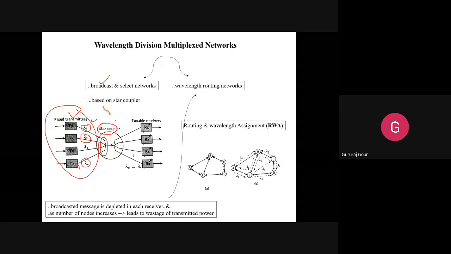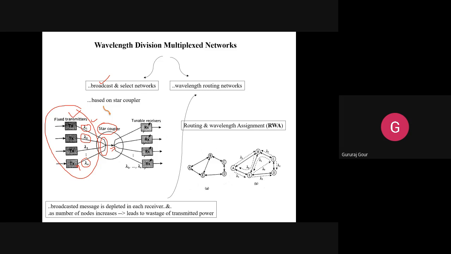So this star coupler functions similar to the multiplexer here. It will be sent as a single signal, then it will be decoupled or demultiplexed and sent to the respective tuned receivers, which are tuned to the specific respective wavelengths.